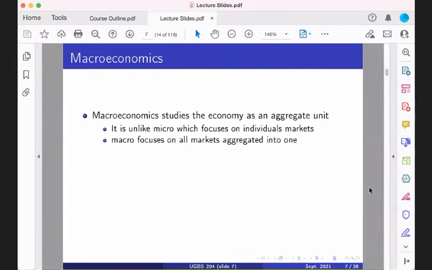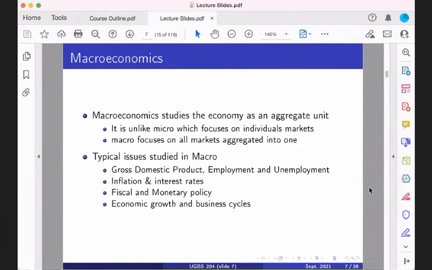So basically, that's the distinction between macro and microeconomics. The typical issues that we'll be studying in macroeconomics are the concepts of GDP, gross domestic product, employment, unemployment, inflation, interest rates, fiscal and monetary policy, economic growth,